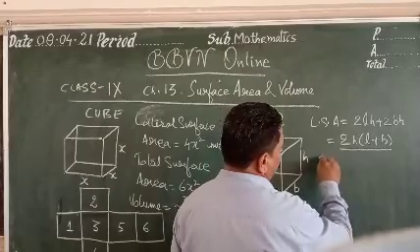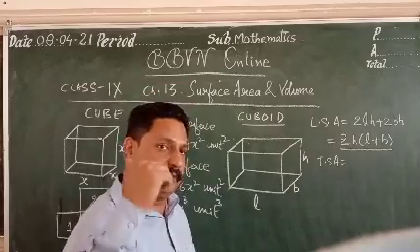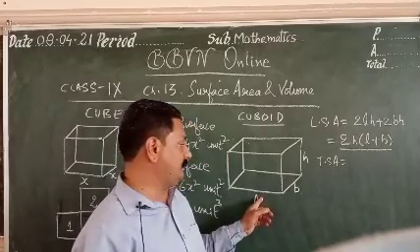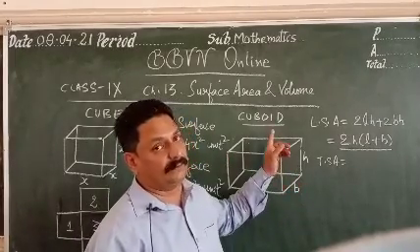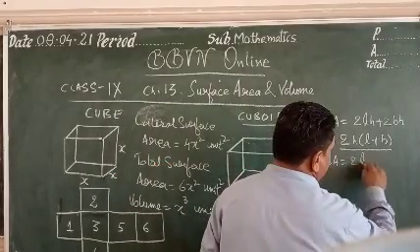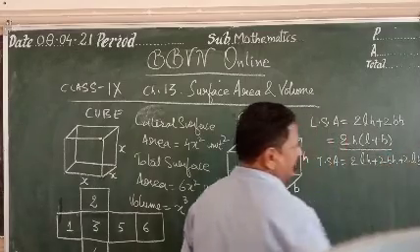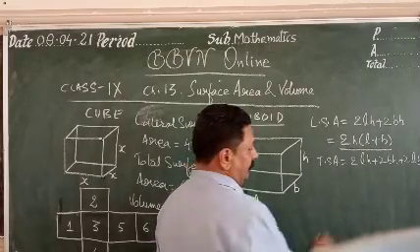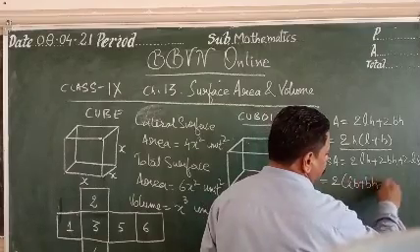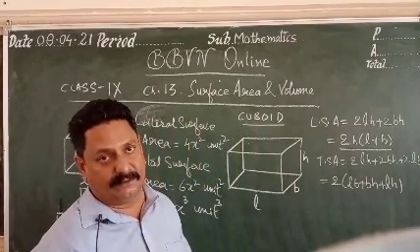Now when we talk about total surface area, it includes the floor as well as the roof. Floor and roof are identical. So if you see the floor, its area is L into B. The area of roof will also be L into B. So now we have 2 times LH plus 2 times BH plus 2 times LB. 3 pairs of identical rectangles. So 2 taken common, 2(LB plus BH plus LH). This is the formula for the total surface area of a cuboid.